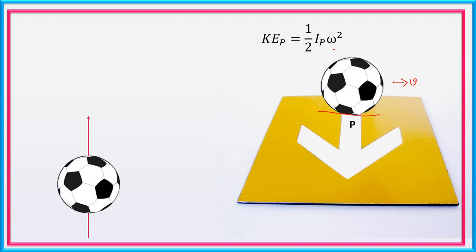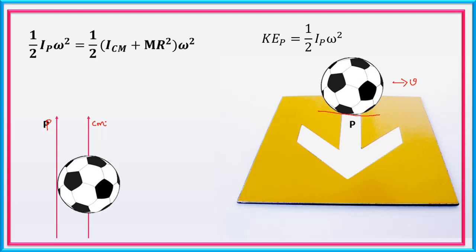The moment of inertia of any rigid body about its center of mass is known. Now, this axis which we have drawn here is actually a tangential axis. This is the tangential axis P, and this is the axis passing through its center of mass. Therefore, using the parallel axis theorem,